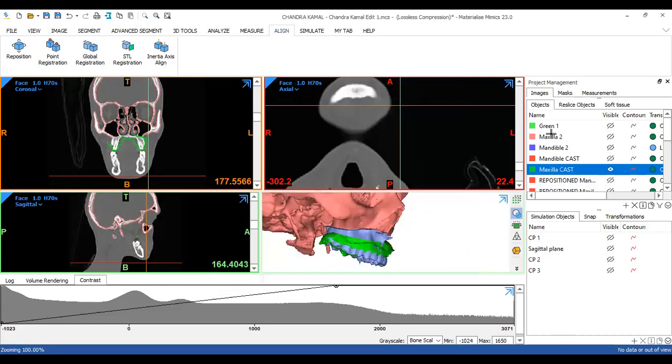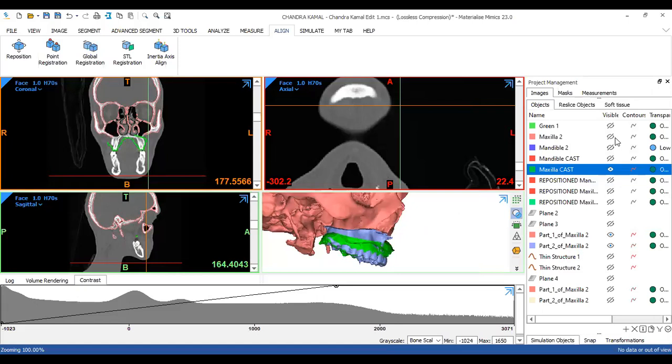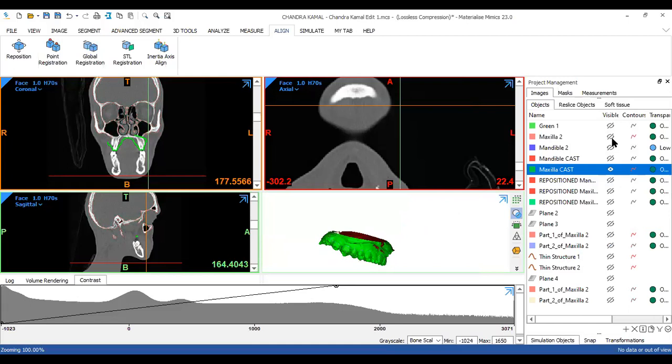So this is my maxilla cast, this is my maxilla. I'm just switching on the contours. Right.